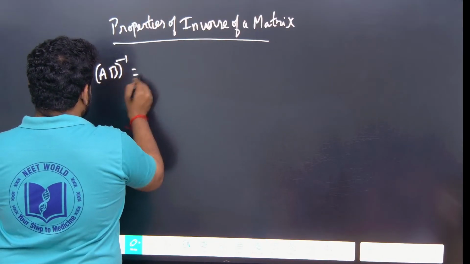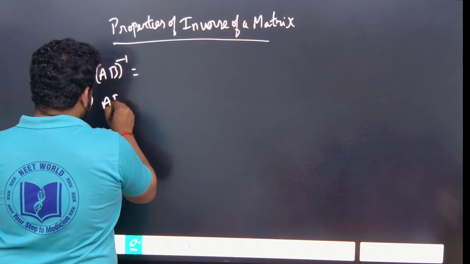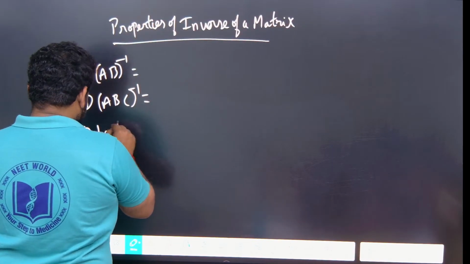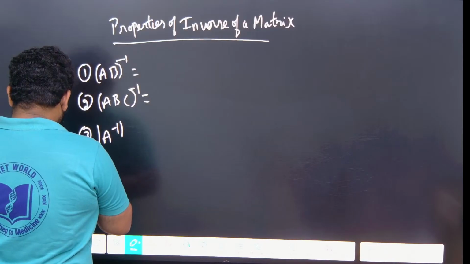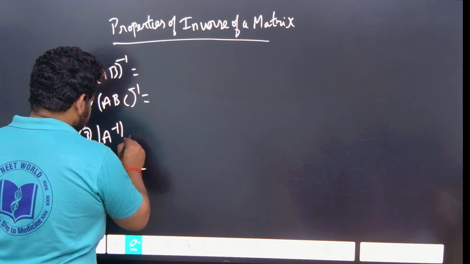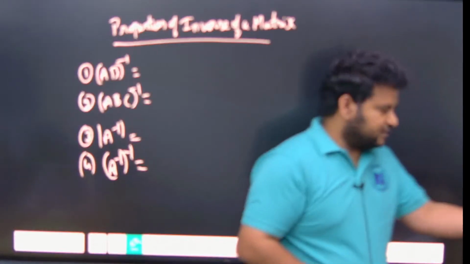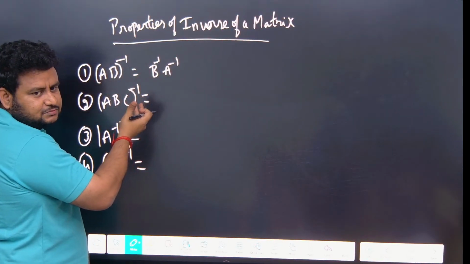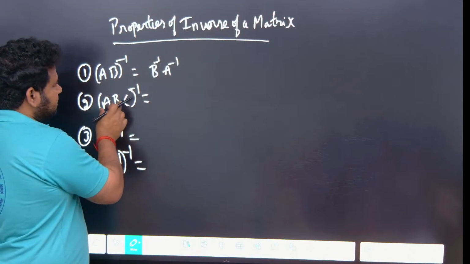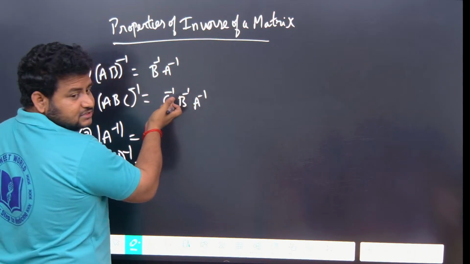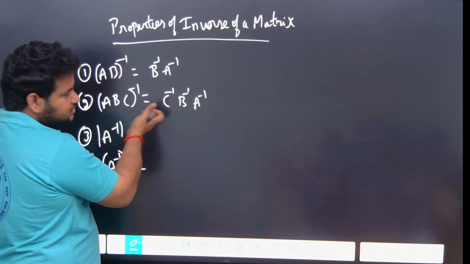AB inverse is equal to, second property, ABC inverse is equal to, third property, A inverse. See here, when they give AB inverse you should write it as B inverse A inverse. You should write in reverse, just like transpose: AB transpose is B transpose A transpose. ABC inverse means you should write in reverse: C inverse, B inverse,